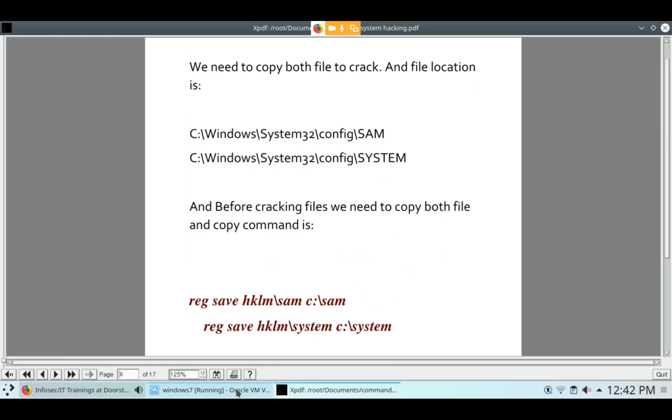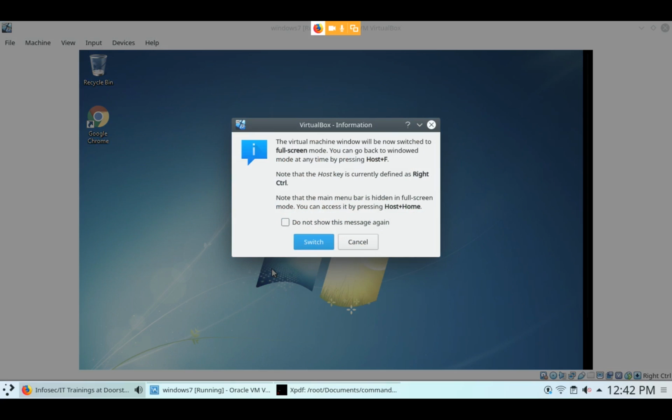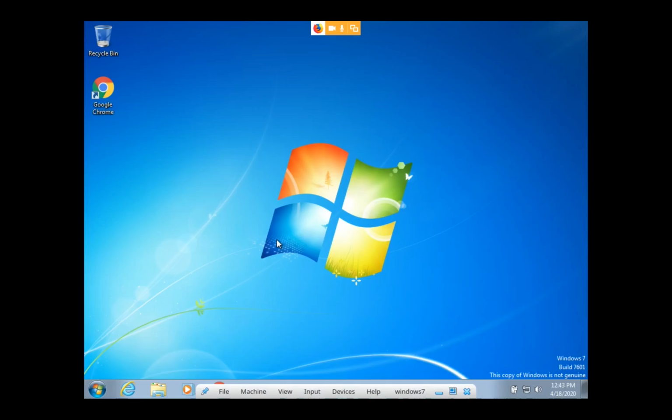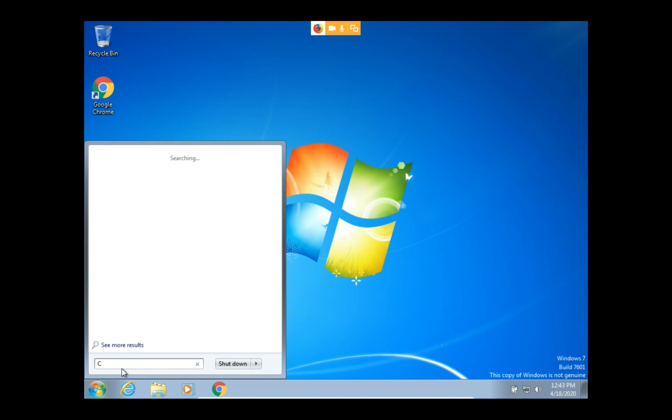Because when your Windows 7 is running, here is your Windows 7, and I want to copy the SAM database, so first of all I have to open this. Open computer.